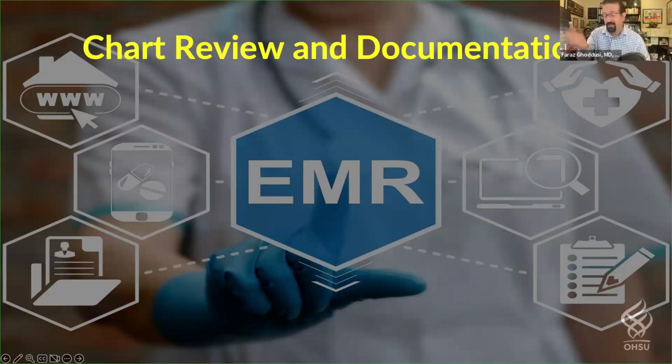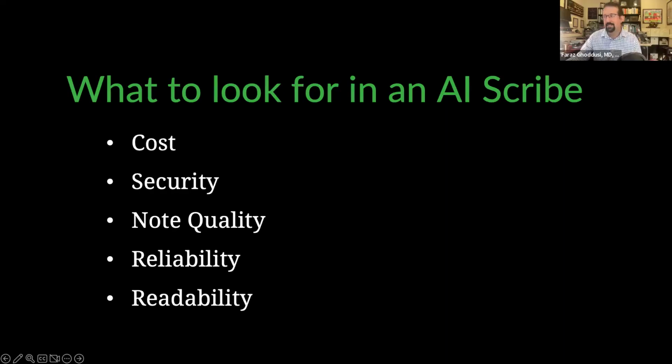So that all of a sudden, if you're a primary care doc and the patient you've seen comes back next year, it gives you a nice summary paragraph of changes in medication, specialists that they may have seen, procedures, ER visits that they may have gone through. And yes, you can click through each one of those in your electronic health record if it's already all compiled. But by doing it within a small paragraph, you're able to get that summary within a minute or two before seeing the patient. So a lot of potential, and a lot of not just AI companies, but electronic health record companies are also trying to work on this process.